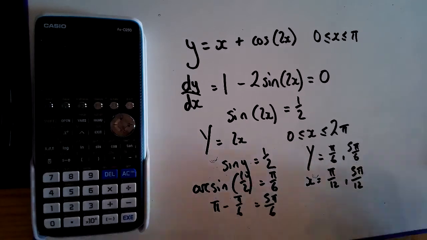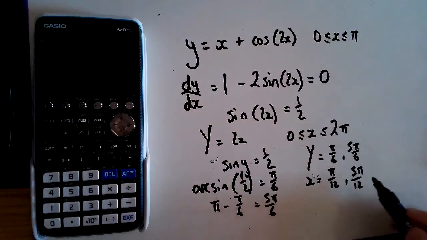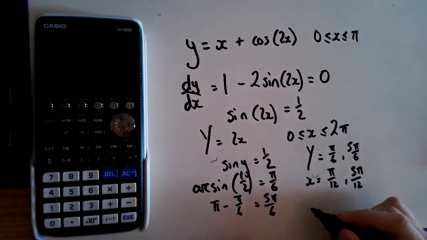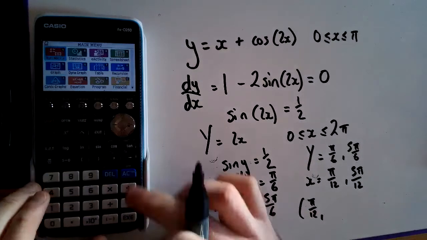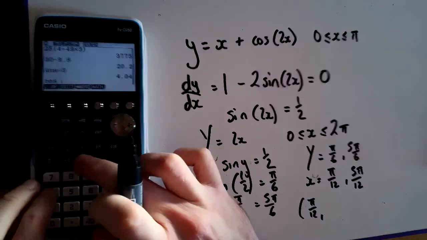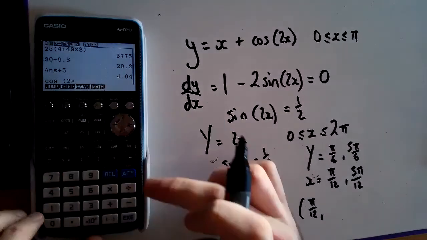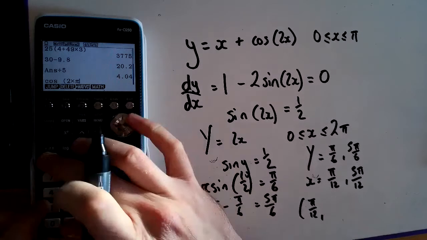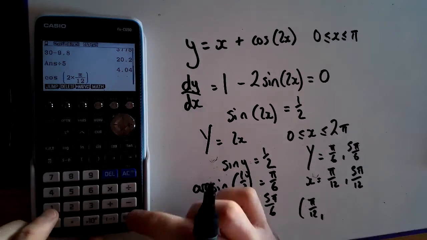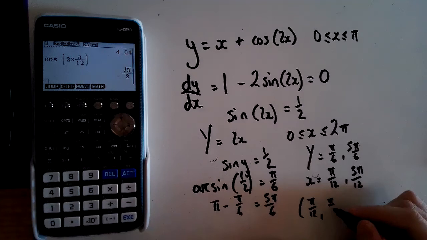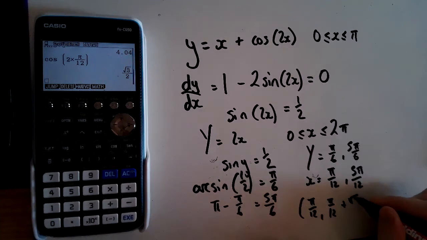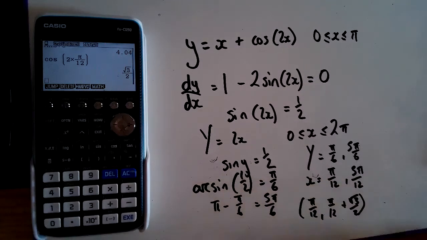Now I need the coordinates, so I'm going to sub them back into there. So I would get pi over 12 and sub pi over 12 into there. So let's just do the cos bit, cos 2 times pi over 12. So I get pi over 12 plus 3 over 2. And then do the same with 5